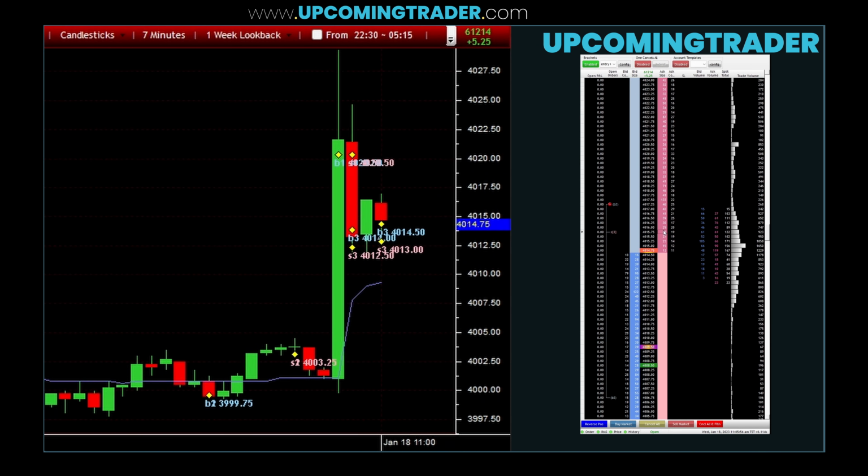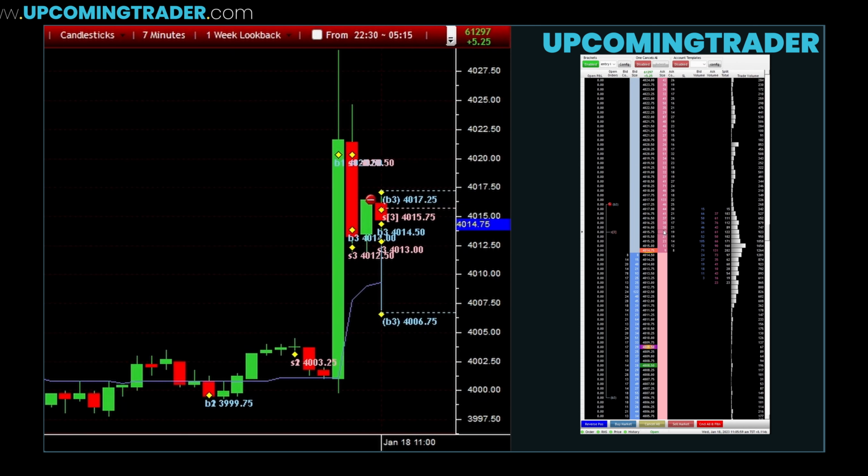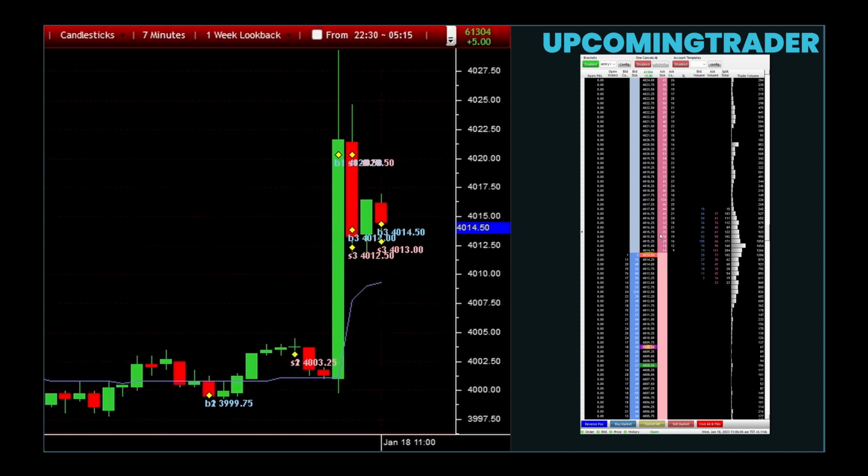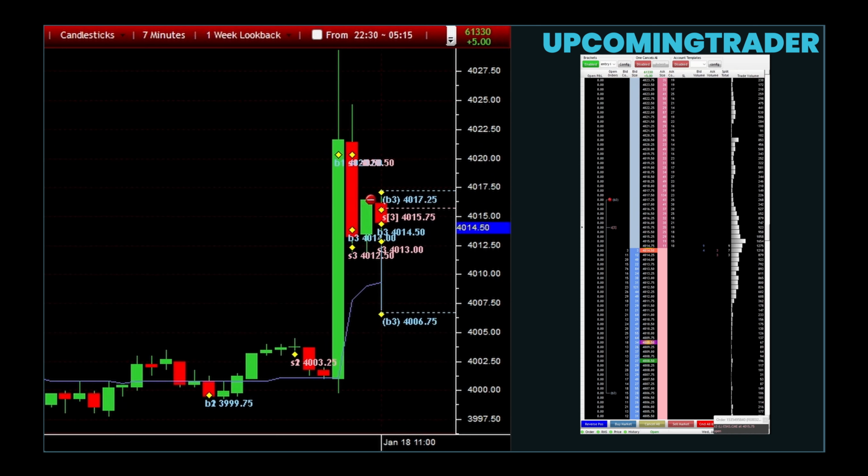clarity. Another pattern that becomes more apparent with range charts is the rectangle or consolidation range. When the price moves within a certain range for an extended period, range charts help you see the clear boundaries of this consolidation. When the price finally breaks out of the rectangle, it often signals a strong movement, and the range chart makes this breakout much more distinct. Understanding these patterns and recognizing them on a range chart can be a powerful tool to improve your decision-making process